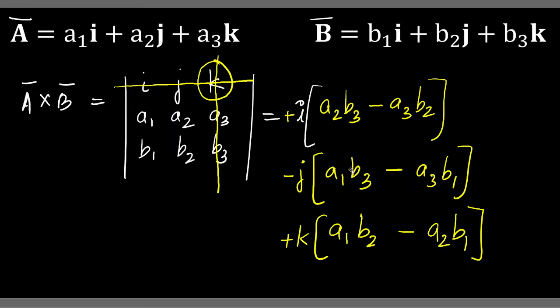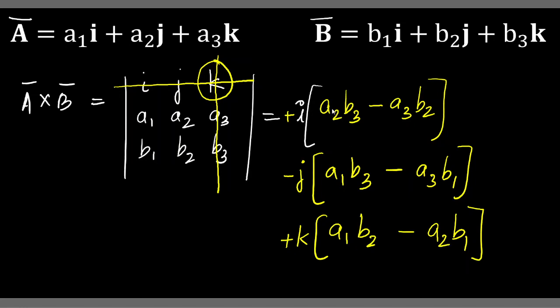Look at the pattern here. A B, A B, A B, A B, A B, A B. Then here, what is the pattern? If I is your component, then the 1 is missing. If J is the component, your 2 is missing. If K is the component, then 3 is missing. Easy to remember: I, J, K, 1, 2, 3, X, Y, Z. If I is there, 1 is missing. J is there, 2 is missing. K is there, 3 is missing.